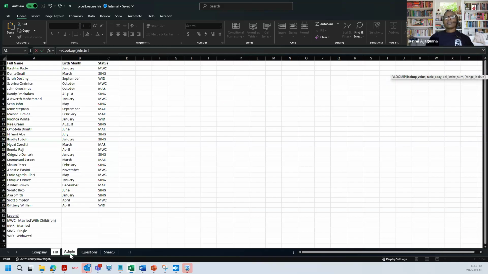When you're using VLOOKUP, it's important for you to make the first column your unique identifier. So here is the full name. The good thing about this spreadsheet is that full name is already the first, but let's assume we had maybe serial number in column A and full name in column B. For VLOOKUP, what you're looking up should be the first column. So I want to look up this here,